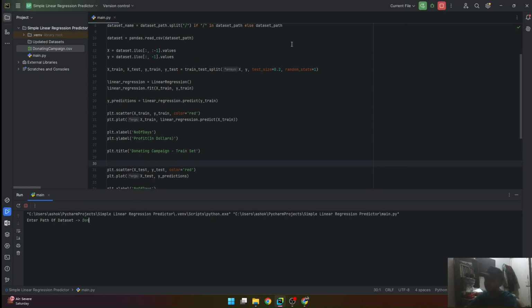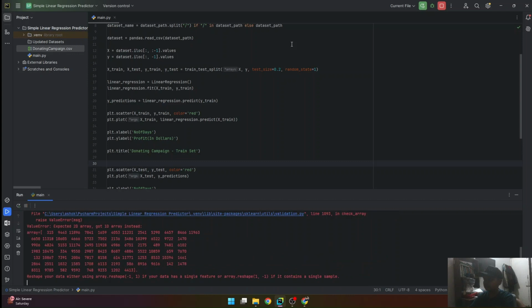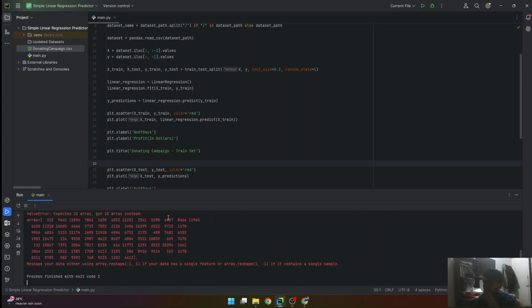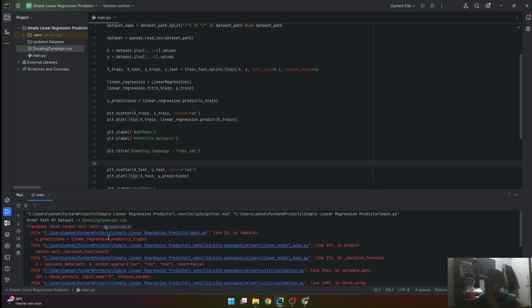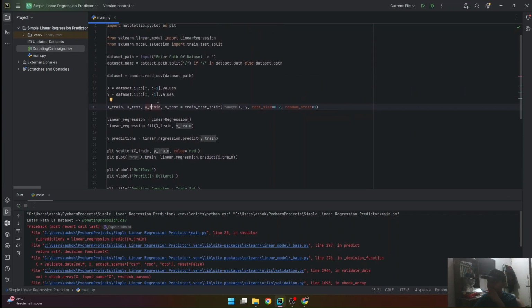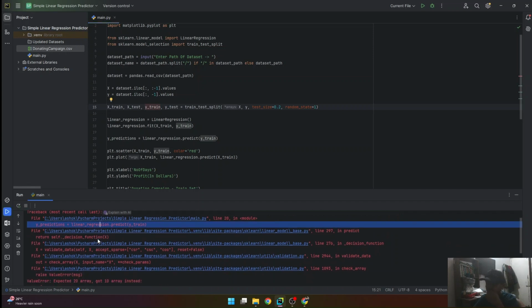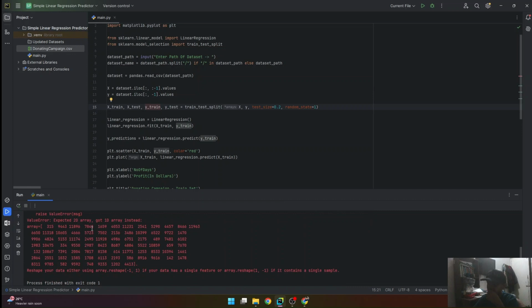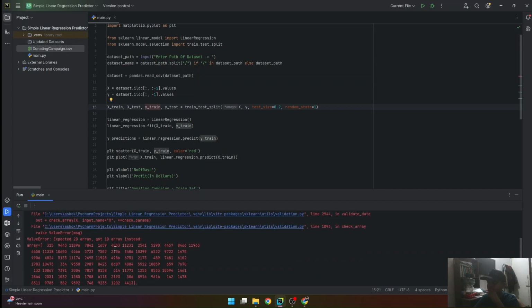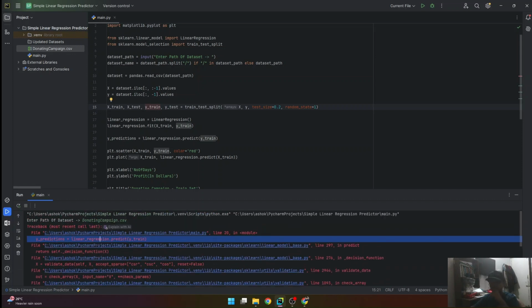Okay, enter path of data set, donating campaign.csv. I believe we encountered an error. Okay, I'm going to solve this.